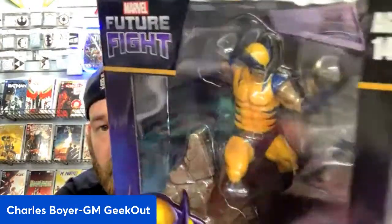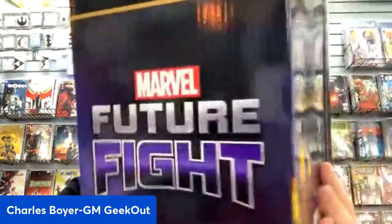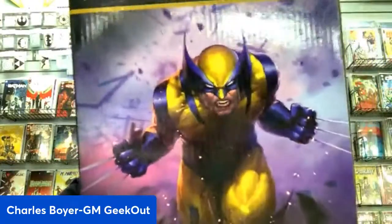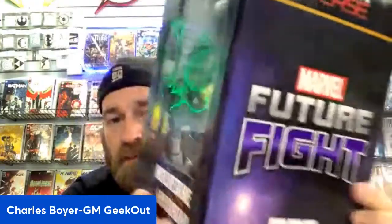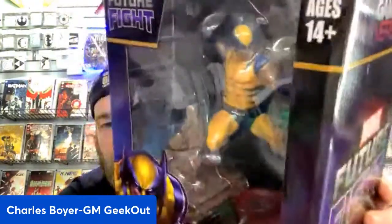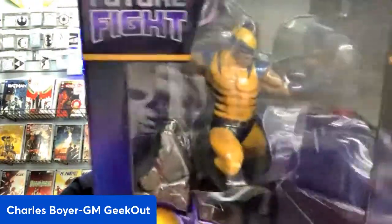Next, we never have too much Wolverine stuff. So Future Fight Wolverine, very cool action pose statue there. I think it's funny the picture on the back is not the same as the pose. You can see what it looks like, but very cool Wolverine. He'll be in glass tomorrow, so you can get a look at him. I'll try to post some more pictures of stuff tomorrow since we weren't able to do it out of box today. And